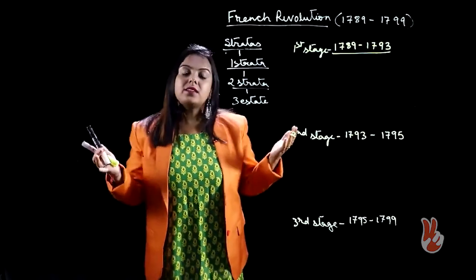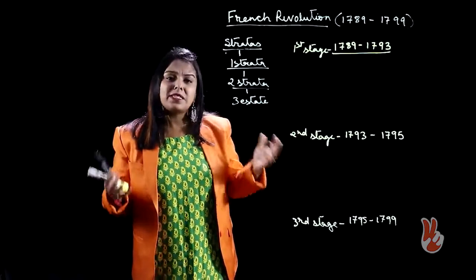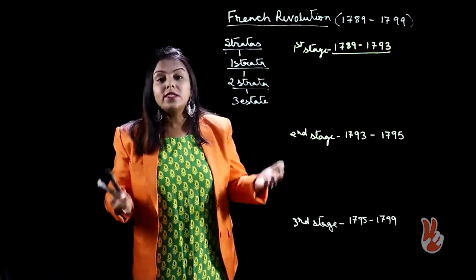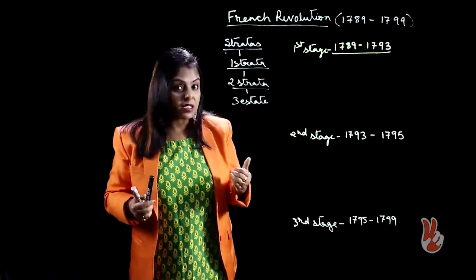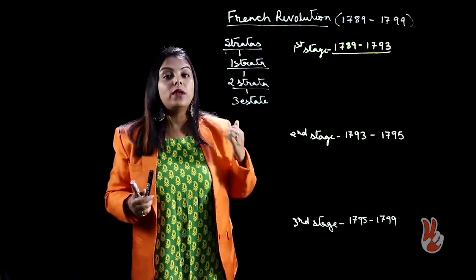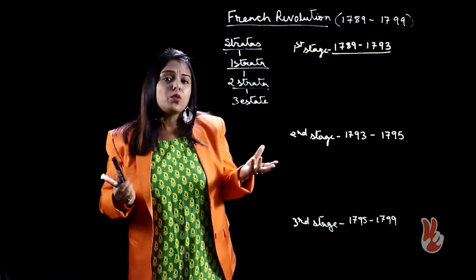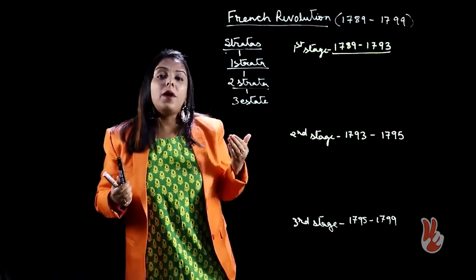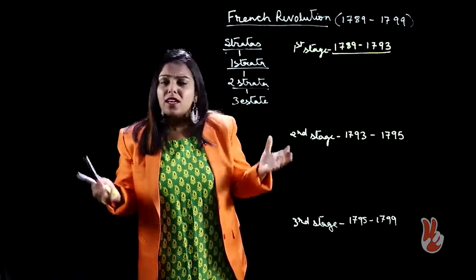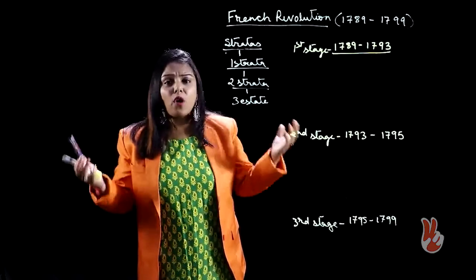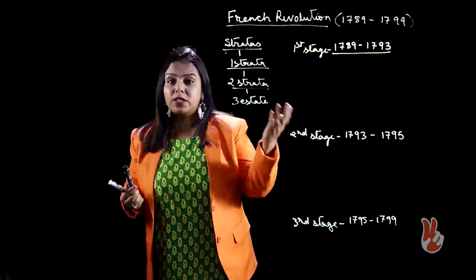Now, when this meeting was organized, people across France, especially peasants, came to know that Louis XVI is organizing this assembly where all the 3 estates will participate and all the 3 estates will get the right to vote. People also had this opinion that most probably Louis will give added participation or added vote to the 3rd estate. As such, a lot of people across France came and they gathered near the palace of Versailles.